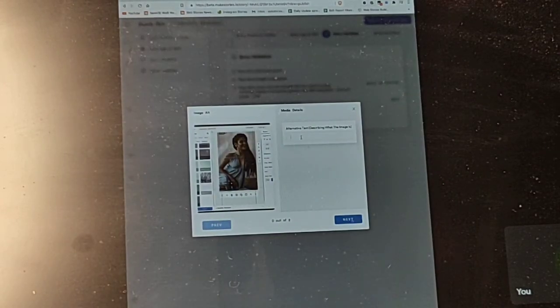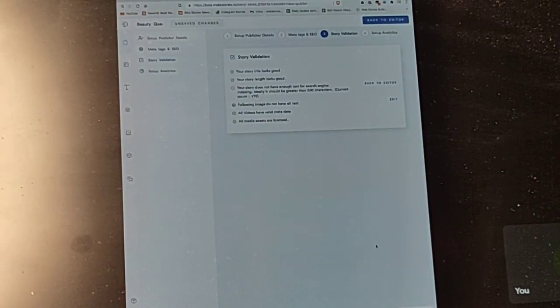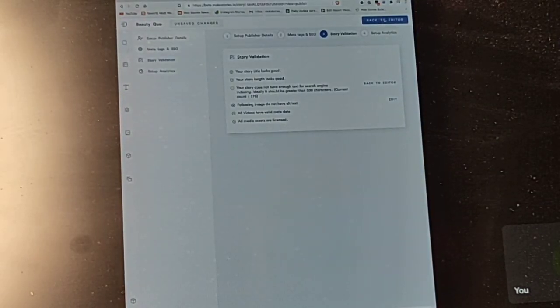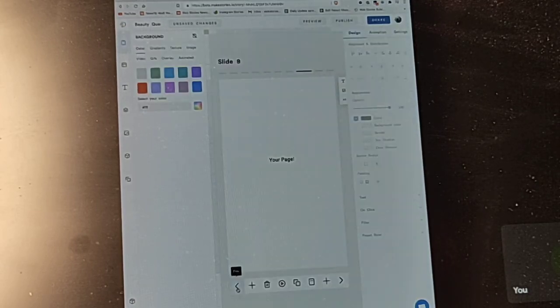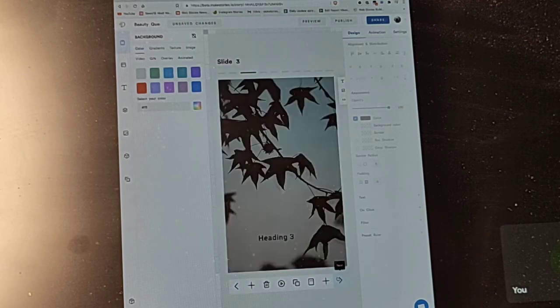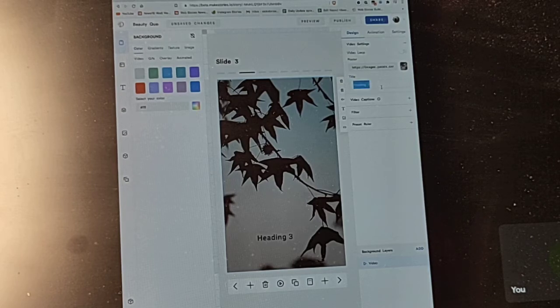When you click on edit, this alt text is basically the text I told you to put on every slide. Here I told you to put text. This title text is basically alt text.